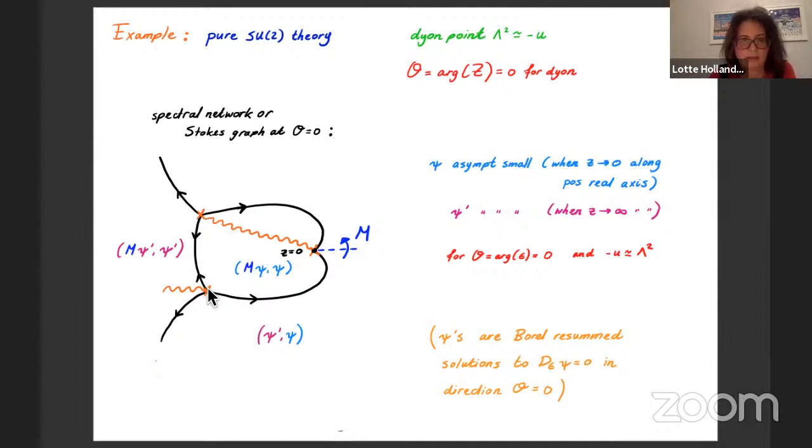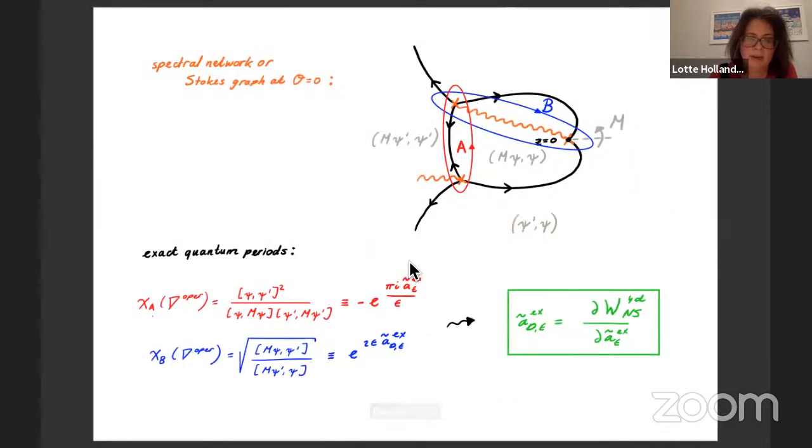The spectral network at this phase looks as follows. And again, you see that there is this double trajectory here, which corresponds to the Dion. So again, in this case, there is a natural choice of solutions that we can consider. Then we can write the A periods, the exact periods, in terms of the Wronskians of these solutions, and we can extract a superpotential. So this is a way to obtain an exact answer, at least exact in epsilon, for the superpotential in the strongly coupled region.